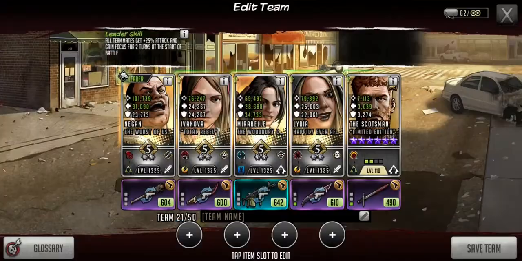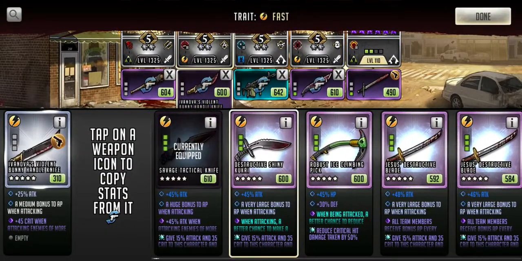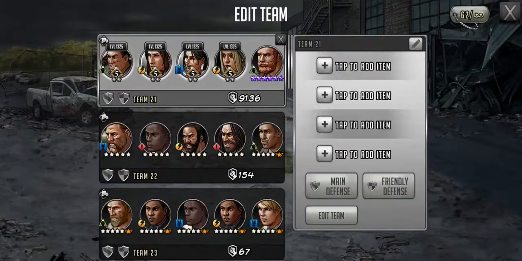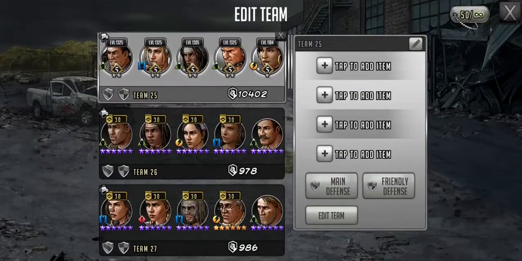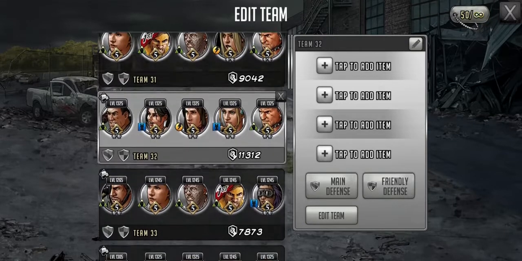And last team, once again, it's all the same weapons, besides Ivanova having more damage in case you need it. I'll show you guys one more team that I'm using. And it is...